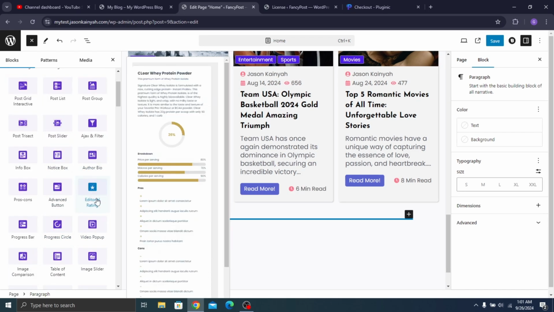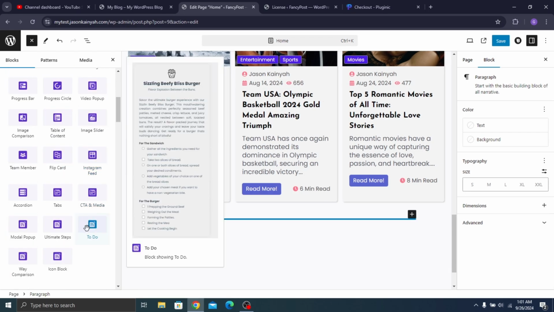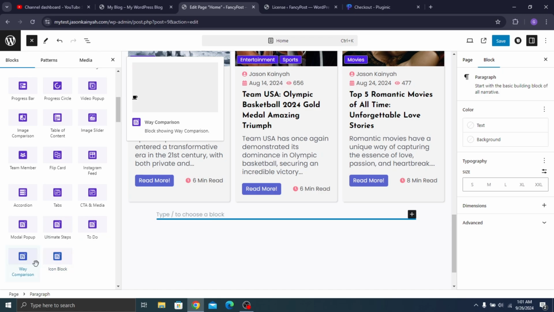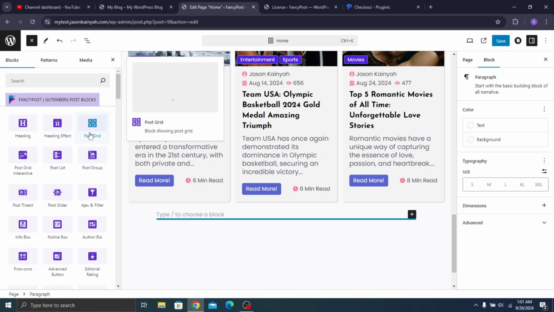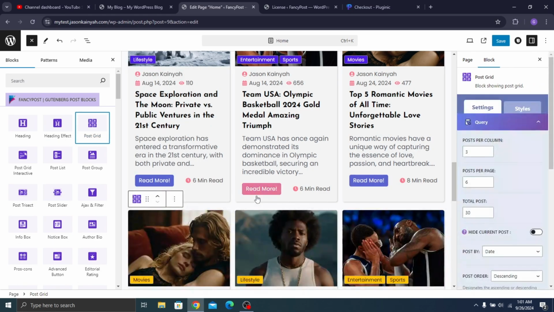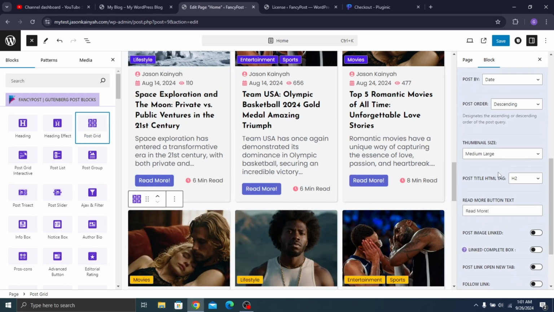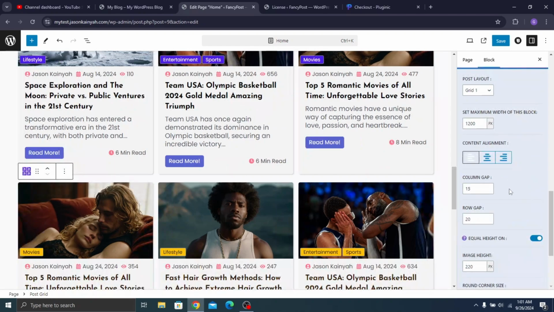So we have editorial rating, it's a new feature. We have a to-do list, we have icon blocks, we have this comparison here. So let's say I wanted to use the post grid here. If I add in a post grid here, I can scroll down to appearance, and then I'm going to see